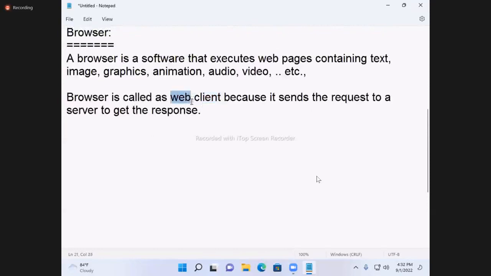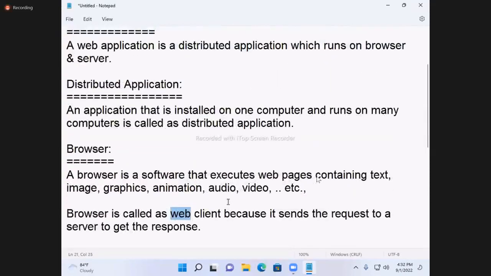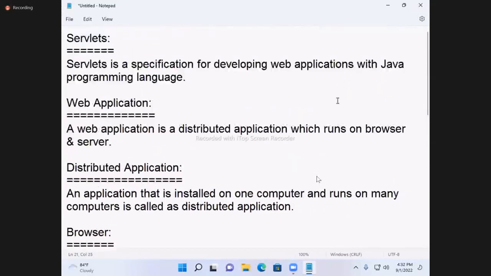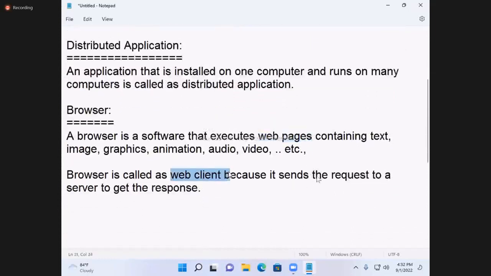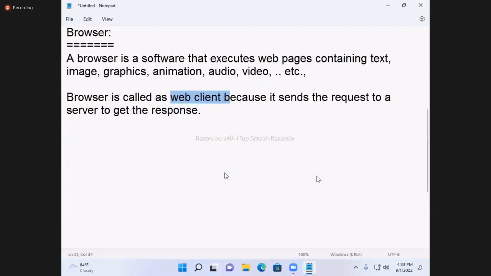But everywhere the terminology web, you observe here: web applications, web pages, web client, web browser, web server, world wide web. Many places we are saying web, we are calling it the internet. Say web page, web application, website, web browser, web server, world wide web. Many places we are saying web, no, but why are we calling it web?